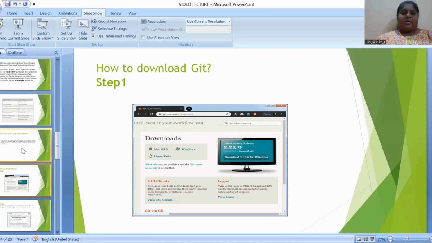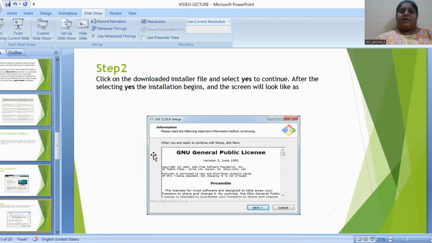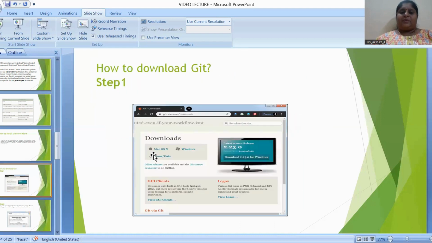Step 1. You can search Google for Git download. From Google, you can download Git. On this screen, you can download Git for Windows. I'm telling the steps for installing Git on Windows. So download this version, Git version 2.23.0 for Windows. Download this version from this package. Okay. Next,